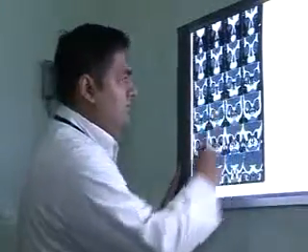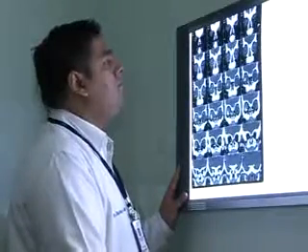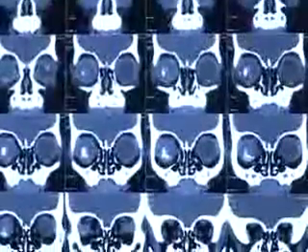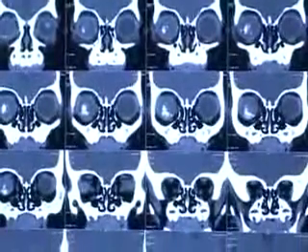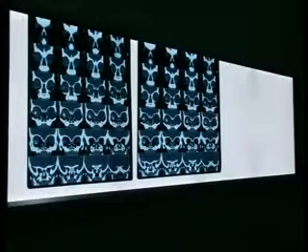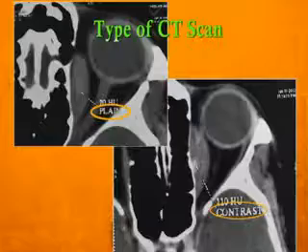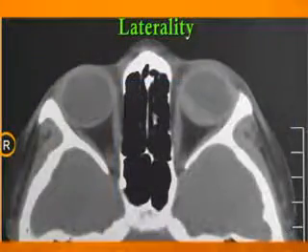For a complete and systematic evaluation of any CT scan, it is mandatory to familiarize oneself with the CT plates provided by the radiologist. It is ideal to have a large X-ray viewer box which can simultaneously display at least 2 plates. One should begin interpreting the CT scan by noting the various components of a CT plate, which include patient data, the type of CT scan, and laterality.